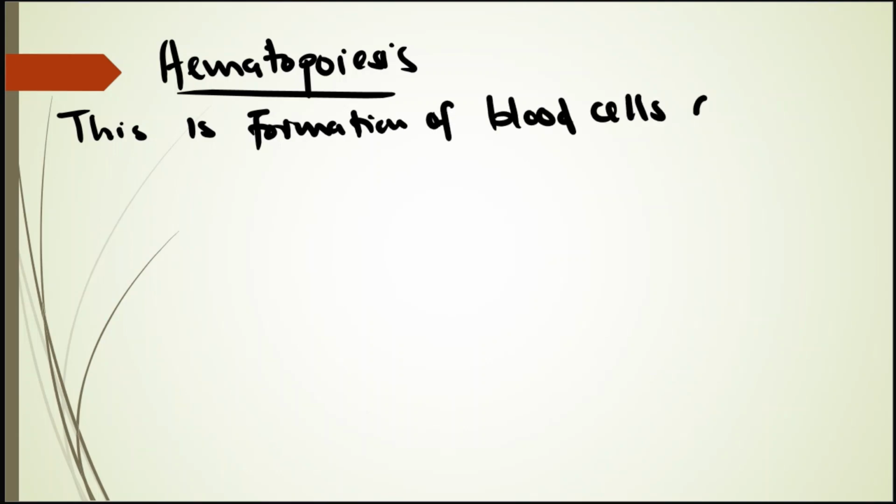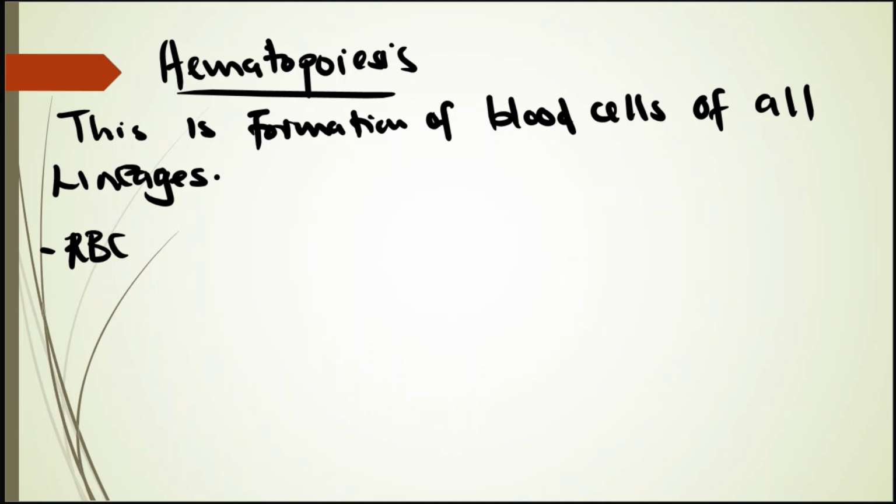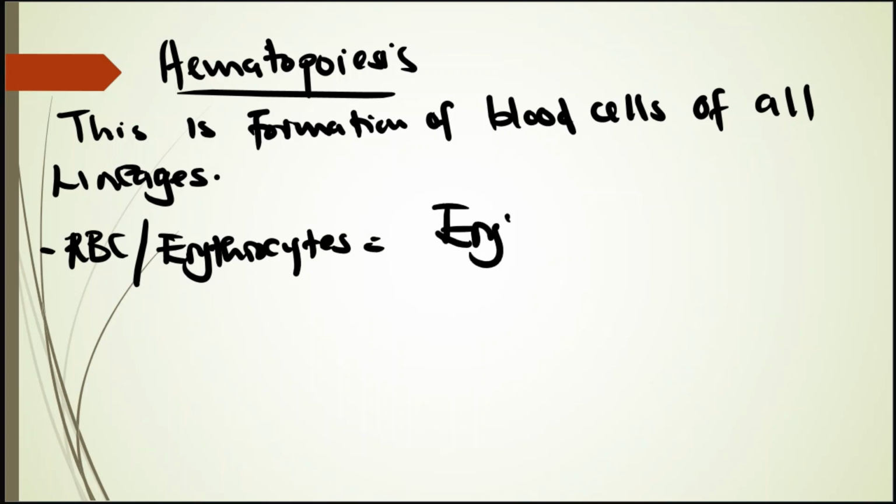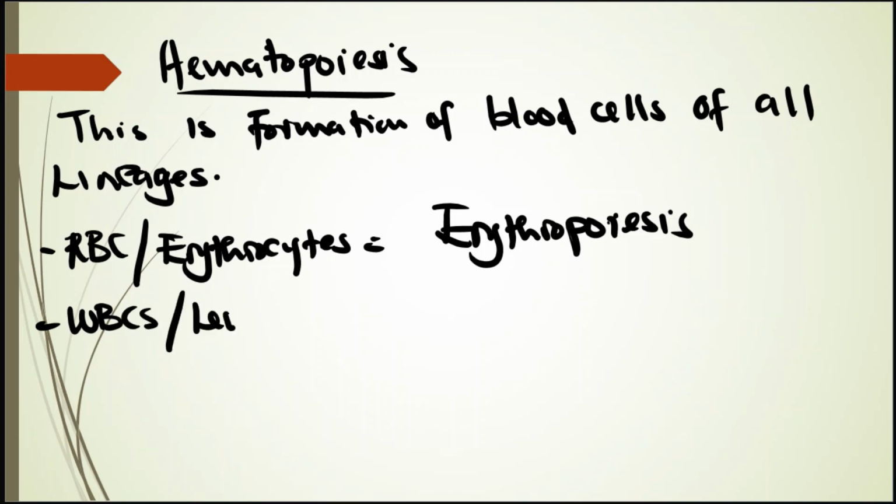Hematopoiesis is the formation of blood cells of all lineages. Lineages means all bloodlines. Formation of red blood cells, which are called erythrocytes, is what we call erythropoiesis. Formation of white blood cells, which are known as leukocytes, is what is called